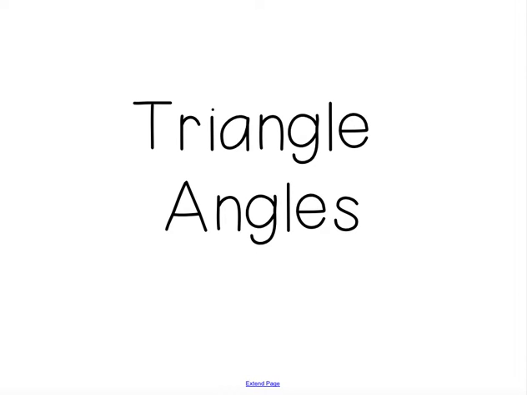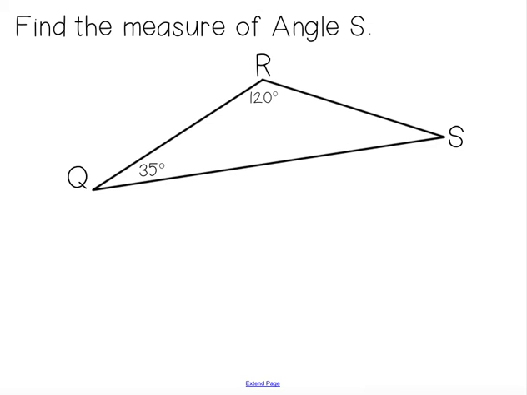This video is going to be all about finding the angles in triangles. So our first example says find the measure of angle S. The first thing that you need to know is that all triangles have an angle sum of 180 degrees. So if you add up all three angles, it's always going to be 180 degrees